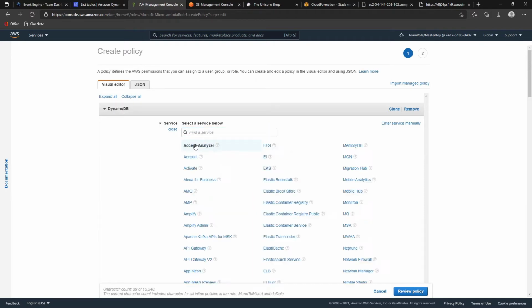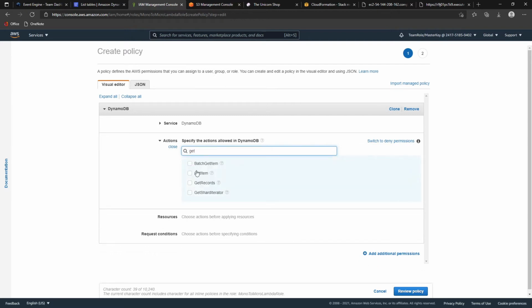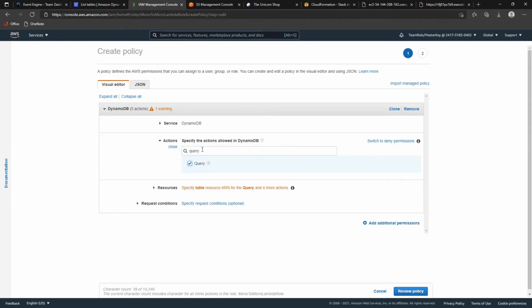For the Lambda function to be able to read and write the Dynamo table, we will have to grant those permissions here. We'll use get item, put item, delete item, update item, query,